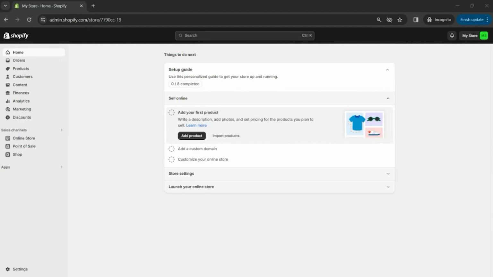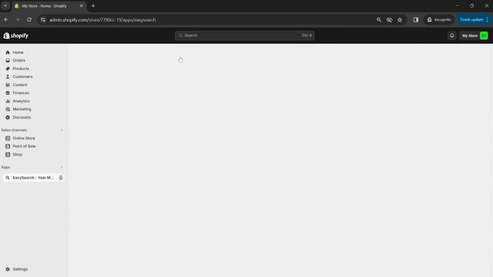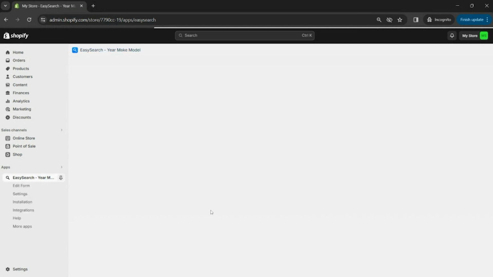Today we're just going to walk through setting up the YMM Easy Search app in coordination with the Hobby Parts Finder from Retail Portal. This is a third-party app that is required in order to use the data services. So once you've purchased and installed it on your store, go to the Easy Search year, make, model app,